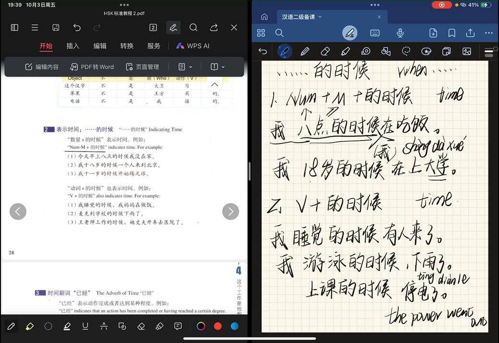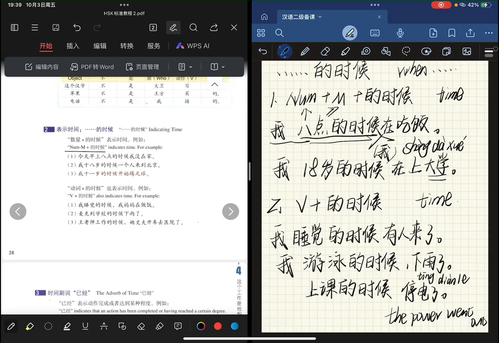Next one, 18岁的时候, 18 years old. 我18岁的时候在上大学。